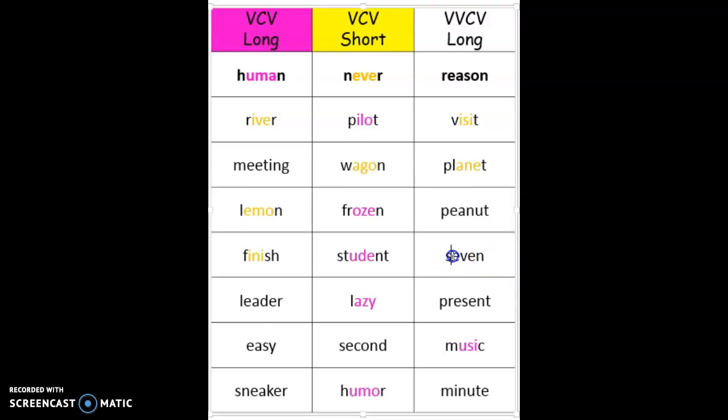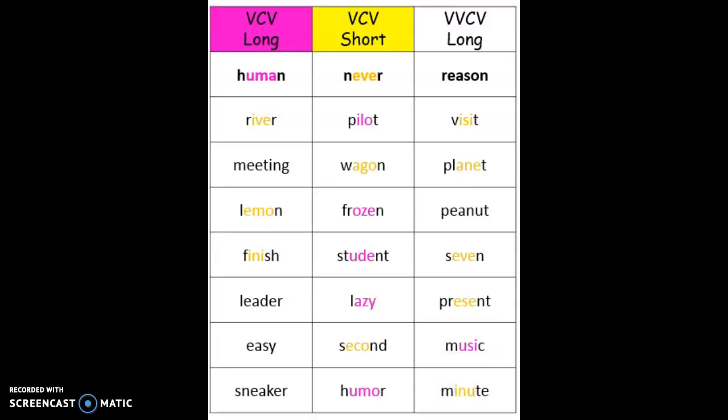We also have seven. Vowel, consonant, vowel with a short sound. The next word is present. Vowel, consonant, vowel with a short sound. And we have second. Vowel, consonant, vowel with a short vowel sound. And our last word is minute. Vowel, consonant, vowel